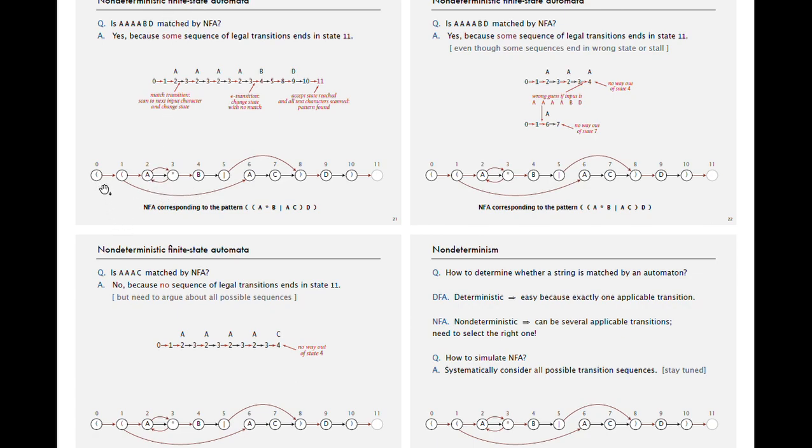As you can see, from the bracket we'll start. Then this is our pattern: A star, B or AC, followed by D. Okay. Firstly,